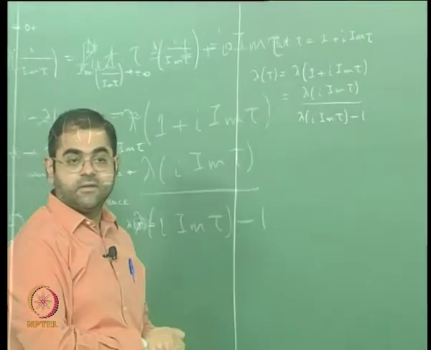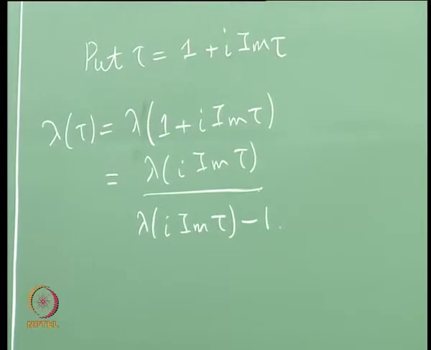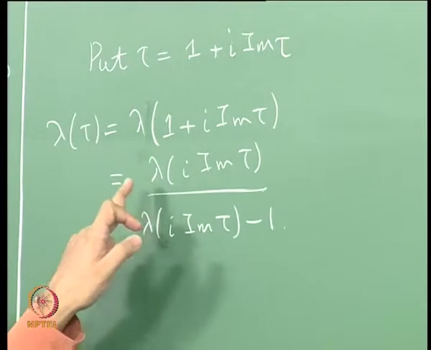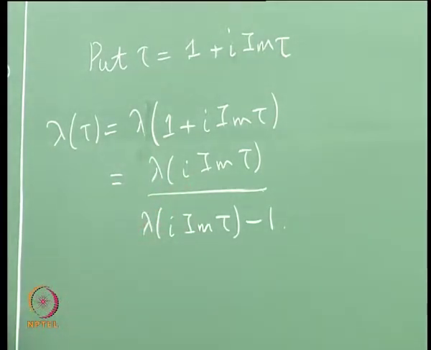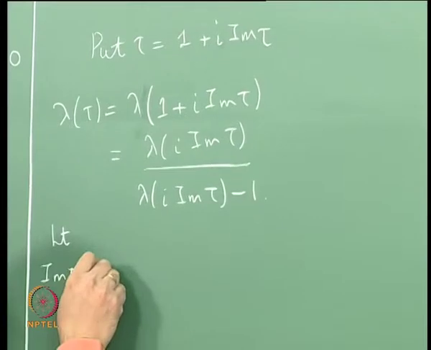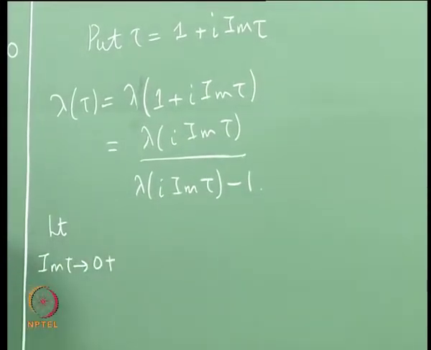This is because of the functional equation that lambda satisfies: lambda of 1 plus tau is lambda tau by lambda tau minus 1. I am using that. Okay, and now if I take the limit as the imaginary part of tau tends to 0 plus, okay, then